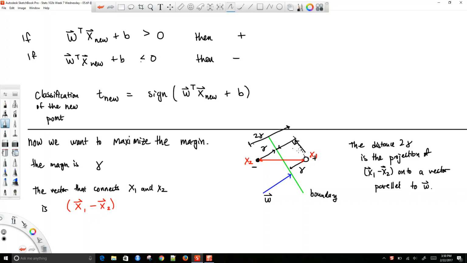And so to get this magnitude, I'm going to project it onto the unit vector in the direction of w. So the unit vector in the direction of w is w over the norm of w. And so this gives me my next equation, which is that 2 gamma is equal to